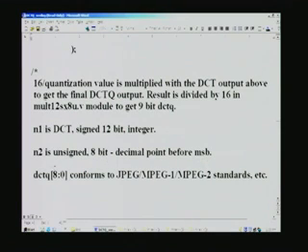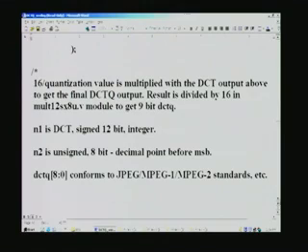This N2 is the 16 by quantization value, and after the decimal point starts the actual value, and that is what is mentioned here. And this DCT Q 8 through 0, that is 9 bit, conforms to JPEG, MPEG 1, MPEG 2 standards, and so on.